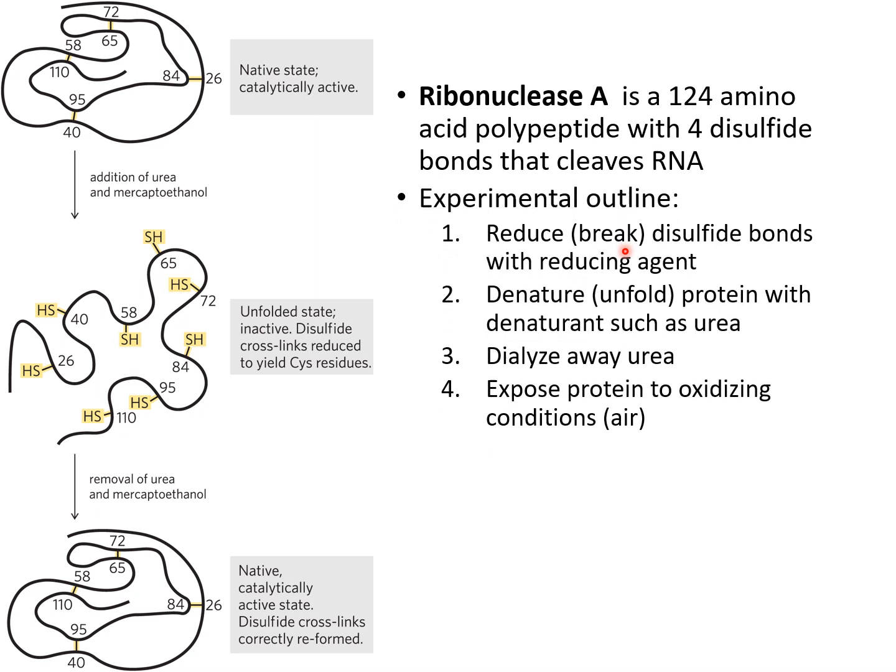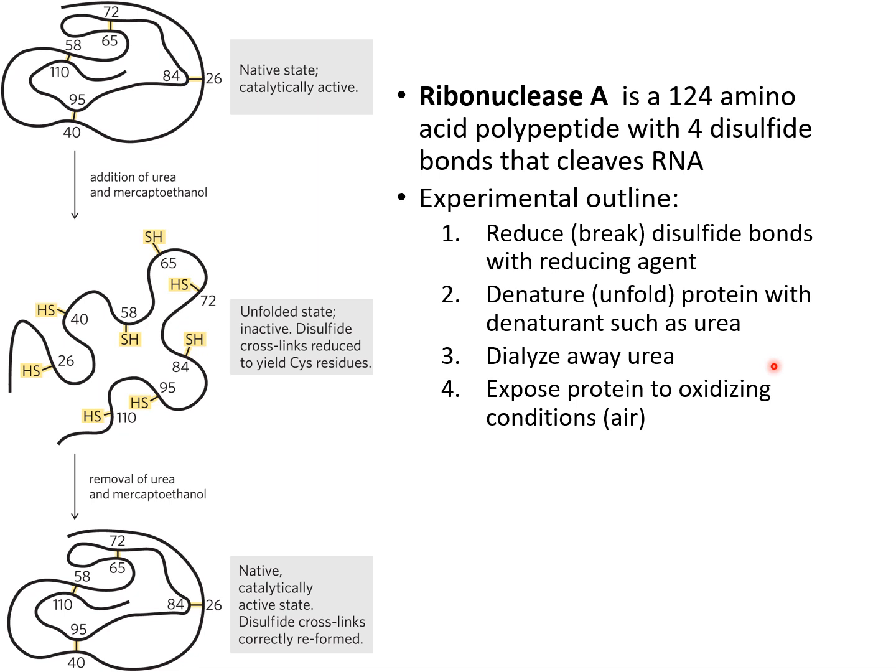The experimental outline conducted by Anfinsen, and incidentally, he got a Nobel Prize for this work, was to take ribonuclease A and denature it. Not just denature it, but actually initially to break the disulfide bonds. Again, this protein has 4 disulfide bonds, and after using a reducing agent to break these disulfide bonds, to denature it, in other words, fully unfold it with a denaturant such as urea. So, 2-phase process, right? Break the disulfide bonds and